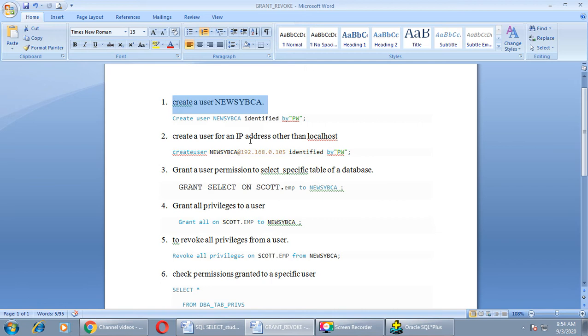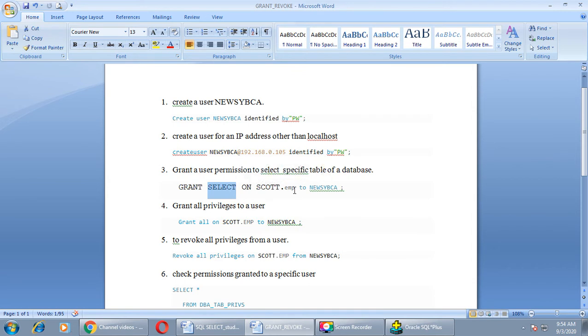I want to give a permission to a newly created user for a particular specific table of a particular database. Then I can write grant select on scott.emp. So what does it mean? Here I want to give a privilege of select only.